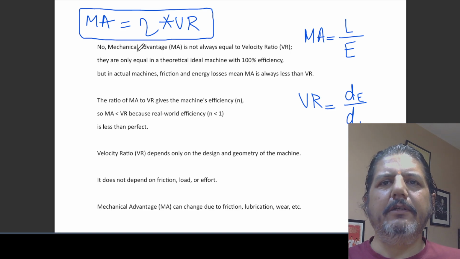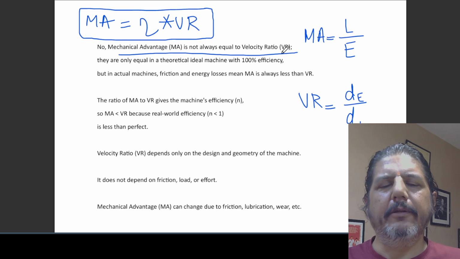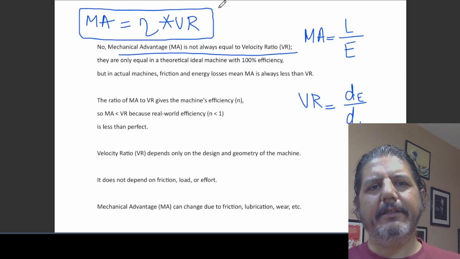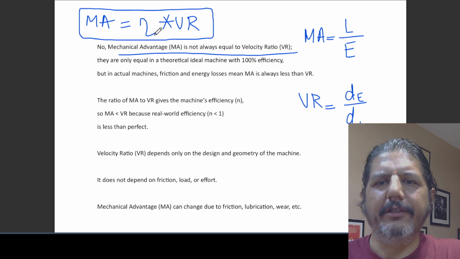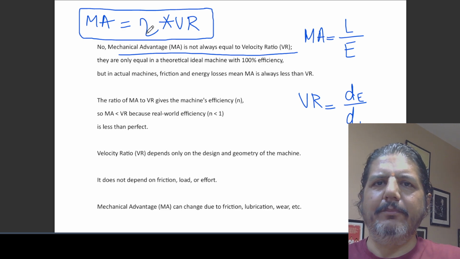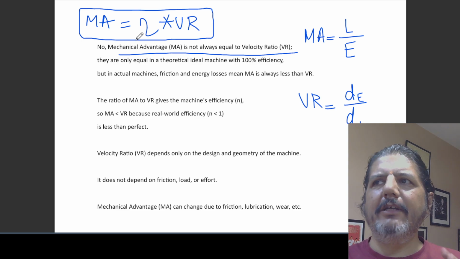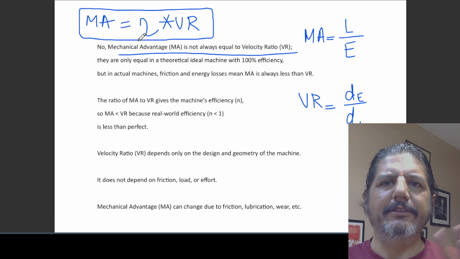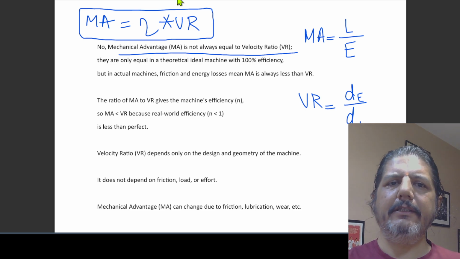Is the mechanical advantage always equal to VR? See, the formula given in our textbook is that mechanical advantage is equal to efficiency multiplied by velocity ratio. The simple thing you need to understand is that if we are given an ideal machine, or they haven't mentioned it, we can assume that it is an ideal machine, and then in that case, the efficiency